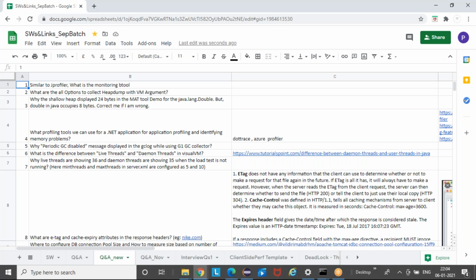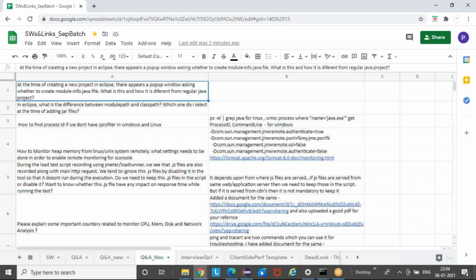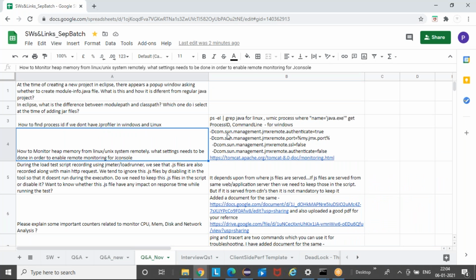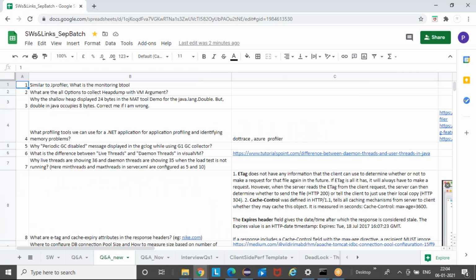It is very vast. That is why I asked somebody to help me with the questions, so that I will not forget, because you might have a different set of questions which I might not even be aware of. This is a very vast set of tools and technology, so if I'm missing something, you can post those questions here. We will maintain the sheet throughout the batch and even after, so you can refer to all the questions asked by everyone, and I'll answer them with as much knowledge as I have.